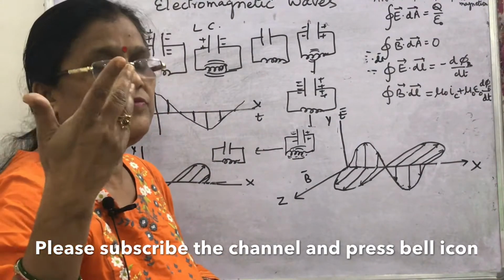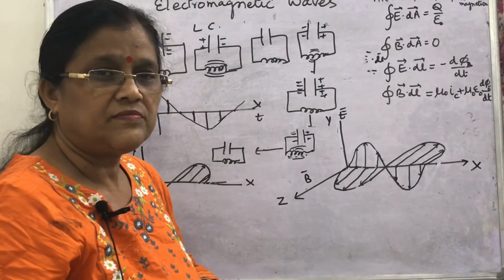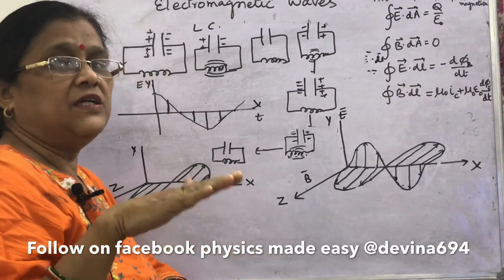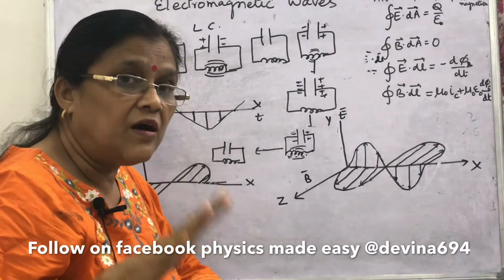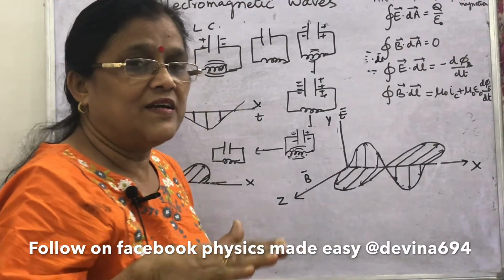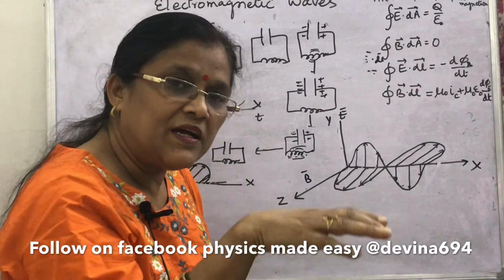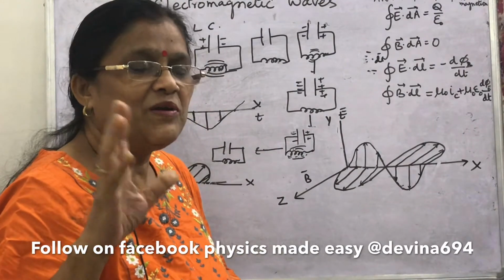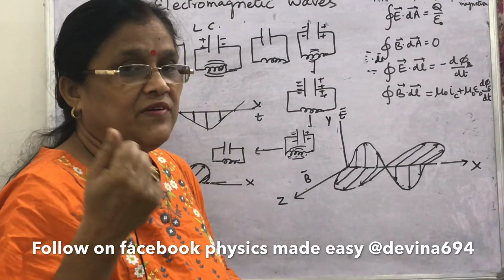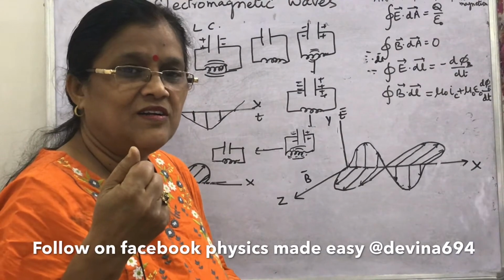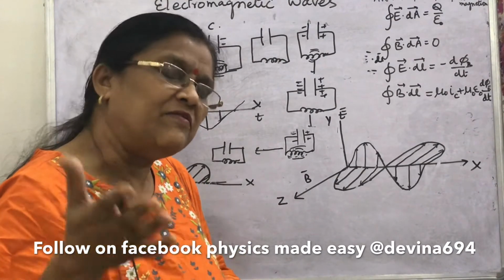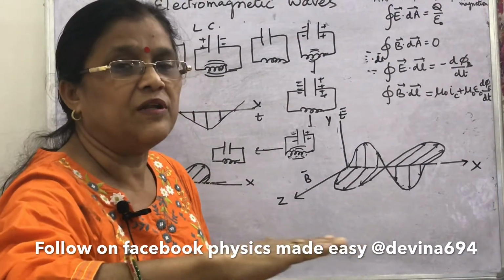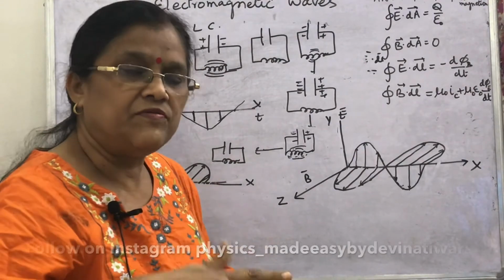A changing electric field produces a magnetic field. This magnetic field is perpendicular to the electric field. How? Maxwell predicted that a changing electric field produces displacement current, and displacement current produces a magnetic field. Why is it said so? Because it was believed that a magnetic field is produced only due to current. So, displacement current was named, as we have discussed earlier, and the magnetic field is produced in the perpendicular plane, in the same phase.